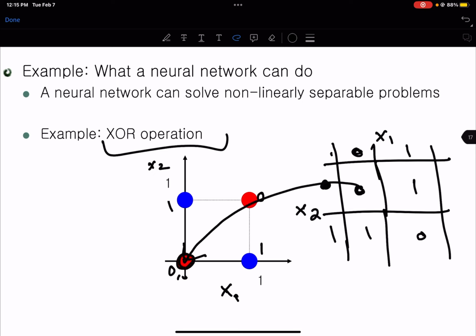And if your value is 1 and 0, okay, so your x2 is 1 and x1 is 0. So this point again is a 0. So this problem cannot be solved, as we can see, using